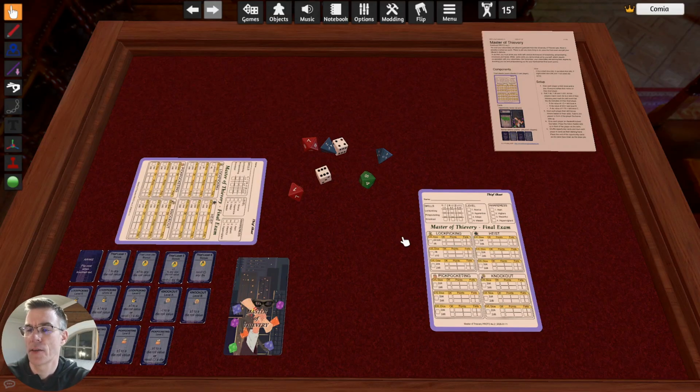Here is Master of Thievery in Tabletop Simulator environment. There's my rulebook, dice, tokens, opportunity cards, and thief sheet. Everything else works fine, but how do I write on this sheet?